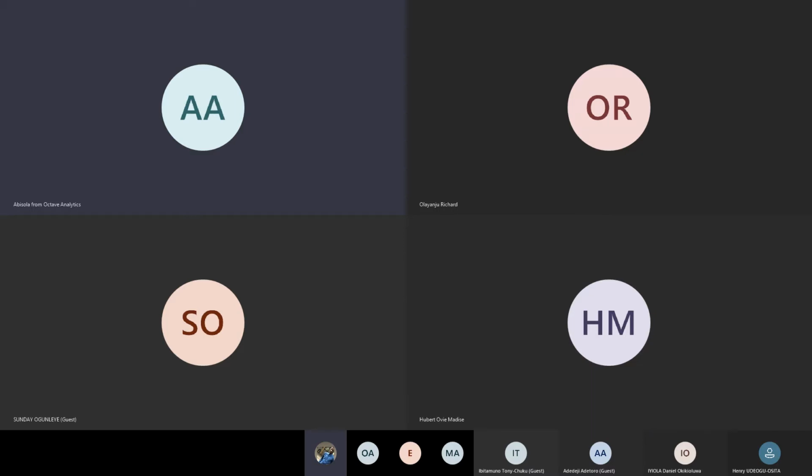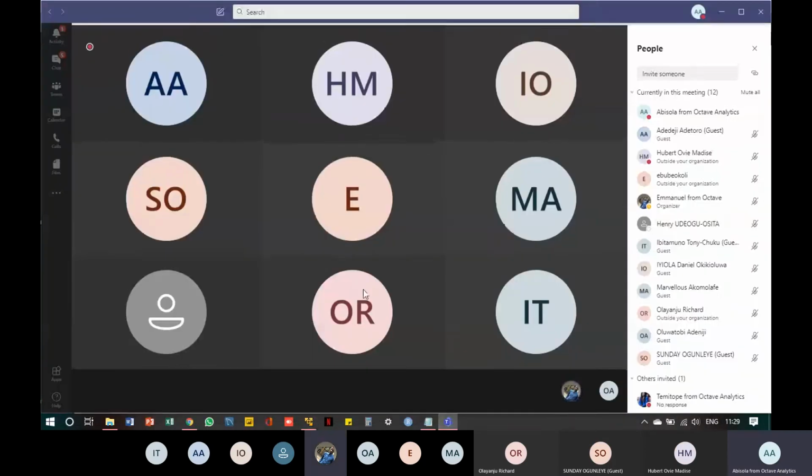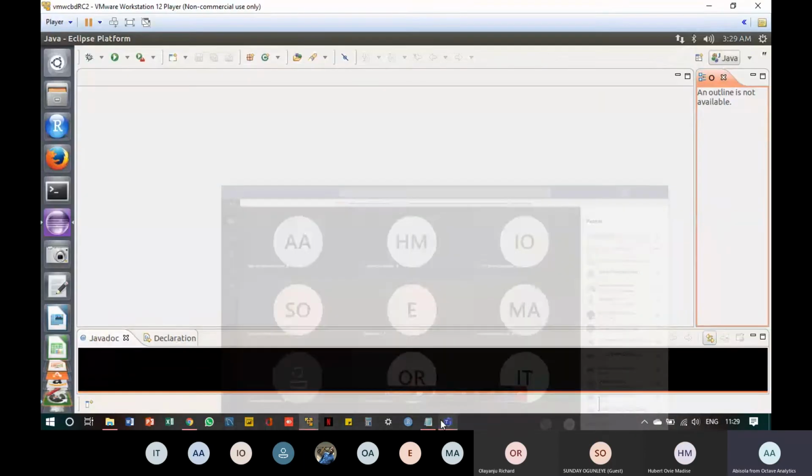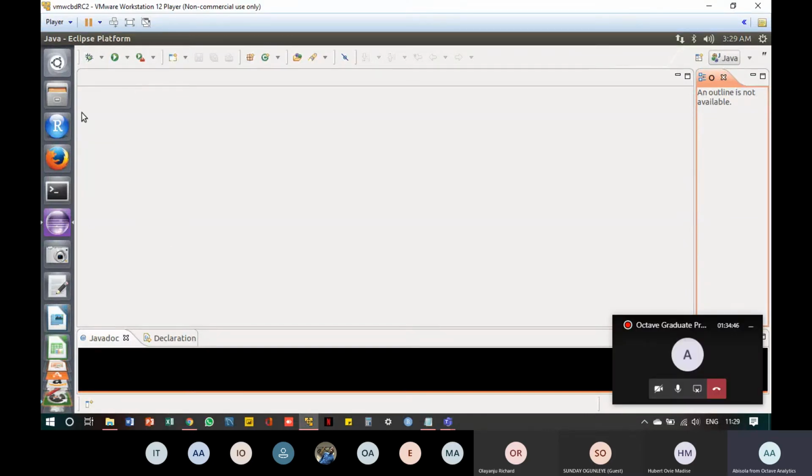So this is my screen and I need it to look exactly like what's in the manual. Abisala, can you hear me? Yes, I can hear you. So this is my screen and I need it to look exactly like what's in the manual. I'm trying to bring up this part so I'll be able to explain properly and it's not coming up. I don't know how to bring it up. Can you hear me? Do you have an idea what I'm saying?